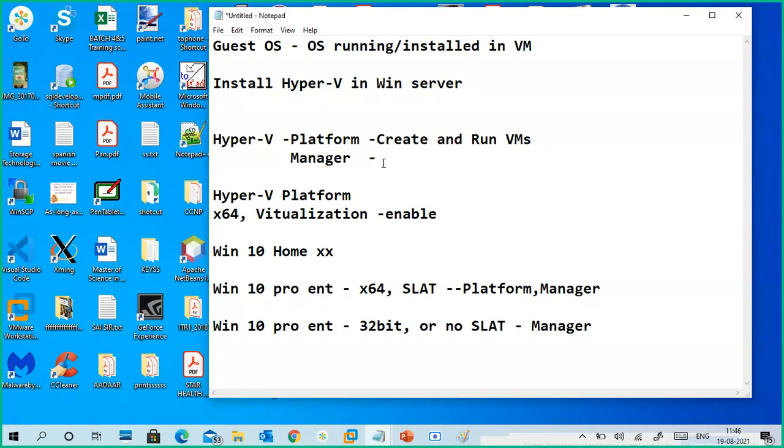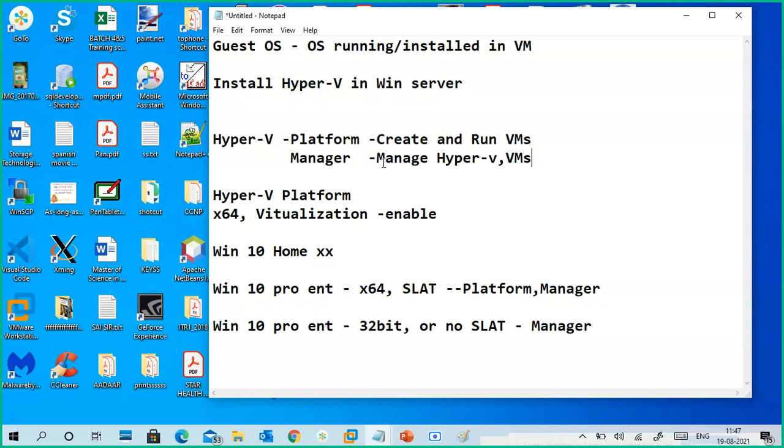The manager is used to manage VMs. Manage Hyper-V and VMs.